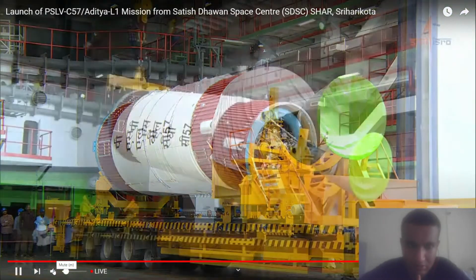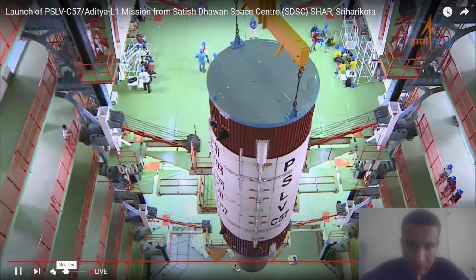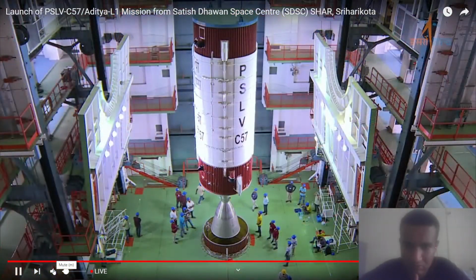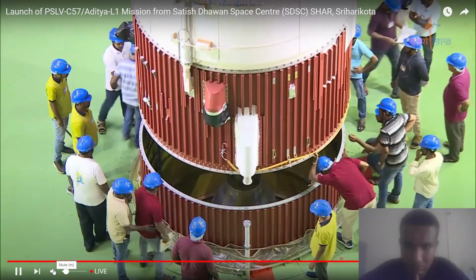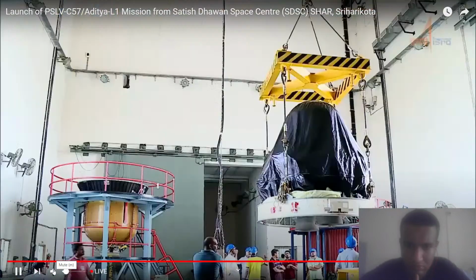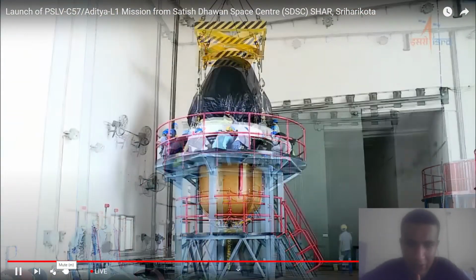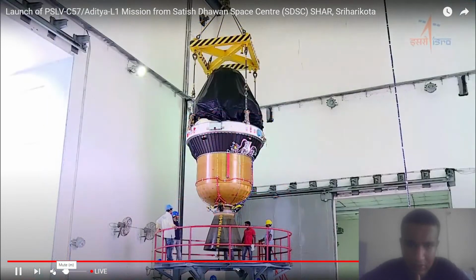And here is the second stage of the PSLV rocket, prepared in the subsystem preparation facility and brought to the vehicle assembly building of the second launch pad to be integrated on the first stage of the rocket. Here you can see the adapter, I think this is the third stage. Payload PS3 and PS4 being moduled